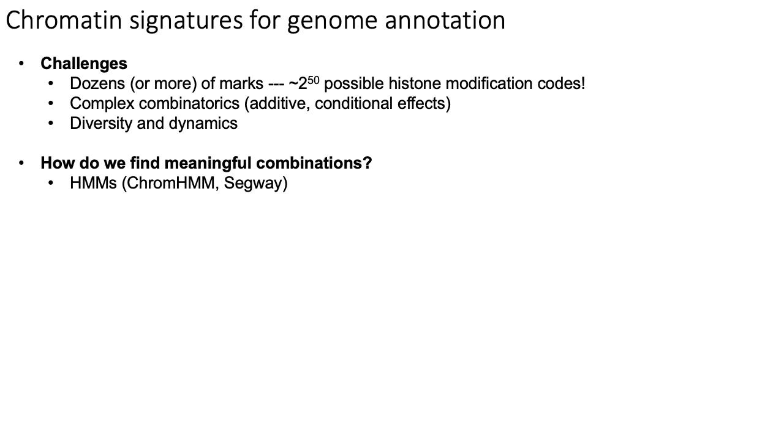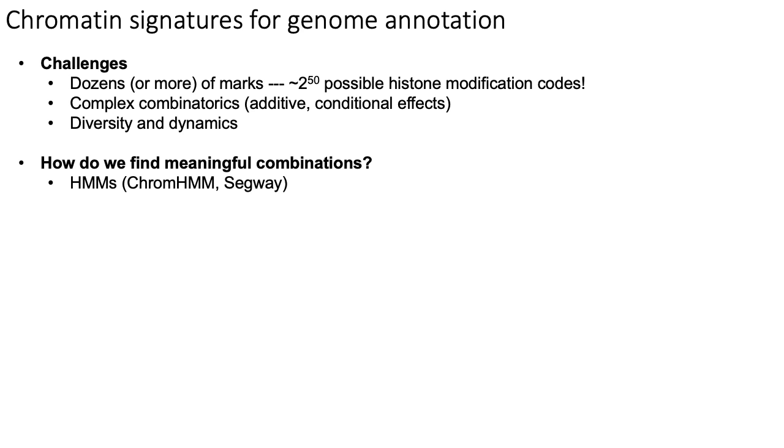And so an obvious question then becomes, well, how do we find meaningful combinations of histone modifications? How do we find the ones that happen the most often? And how do we figure out what they do? And so the classic answer to, how do you find combinations is a super common type of software called the